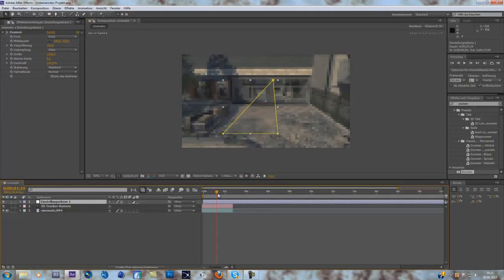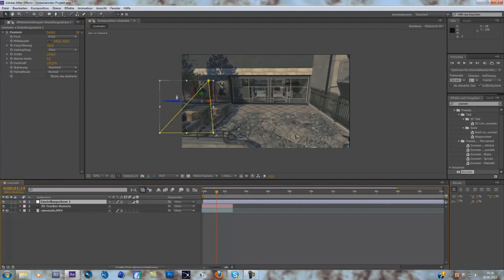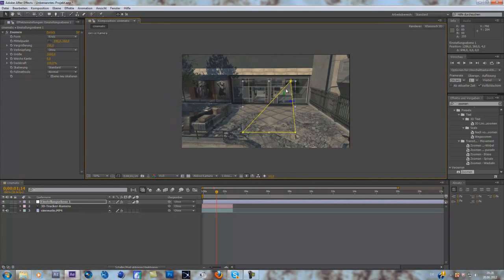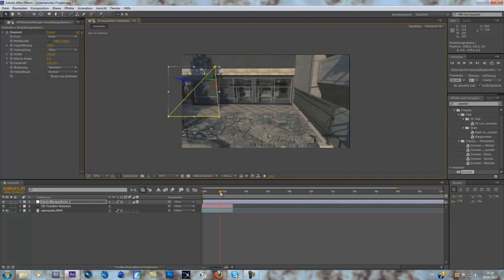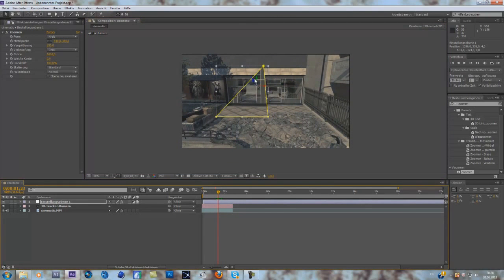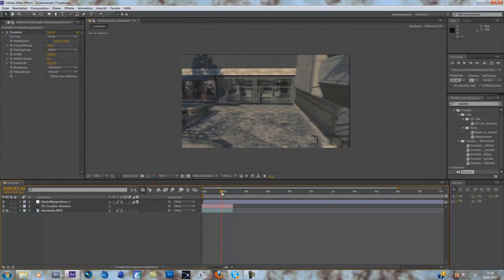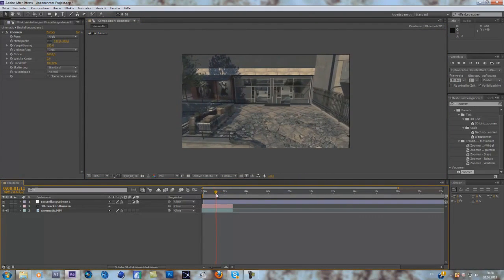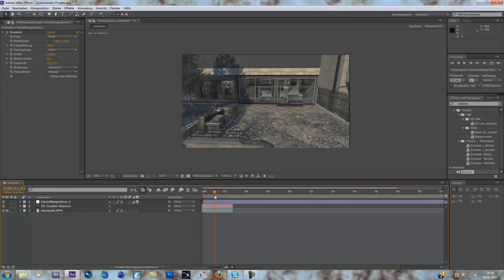So what you have to do is click onto this 3D cube. It's actually for the 3D third dimension layer, and now you can position it with those arrows, and now as you can see, it's tracked. It already looks pretty cool, as you can see, but what I like to do is